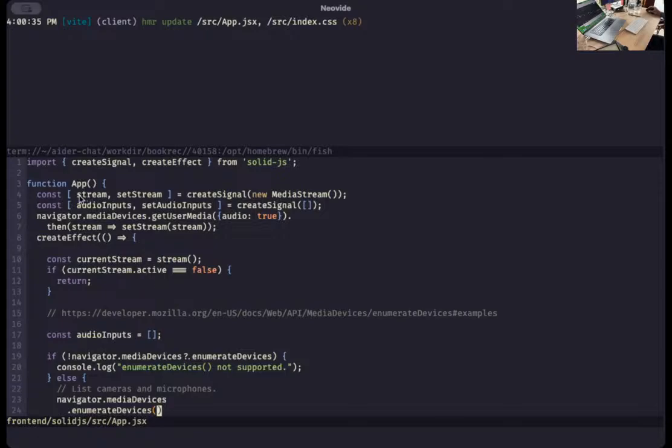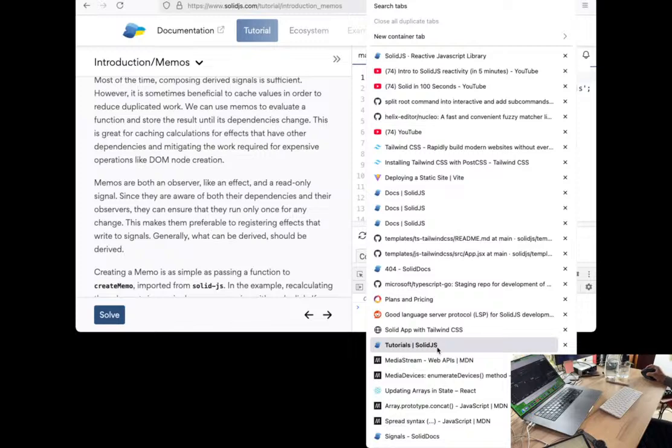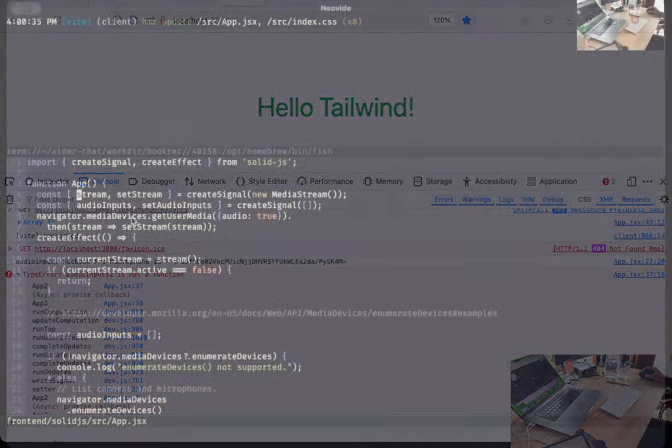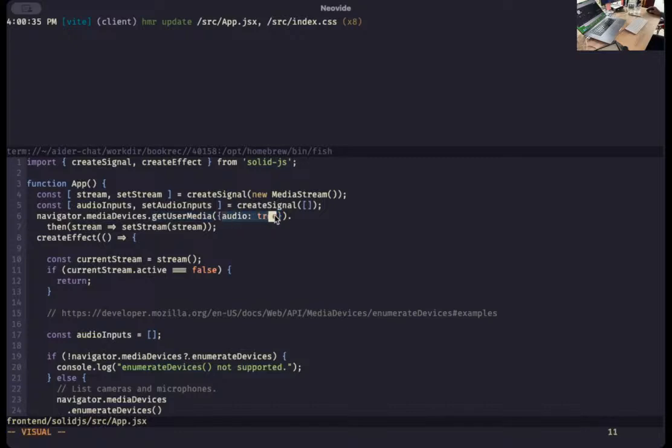I have a little voice recorder I want to make, and for this I see that I have some getUserMedia function to give restrictions for